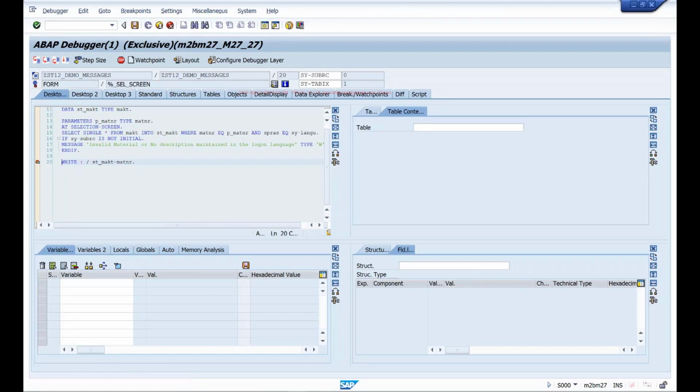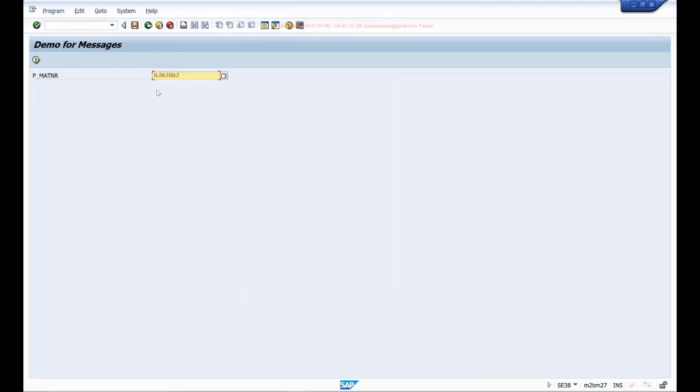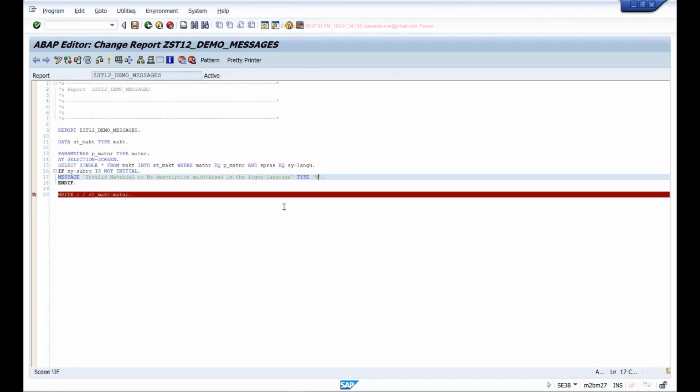So wherever you cannot continue with your program execution unless the error is corrected, go with error message. But if your program execution is not dependent on that error, then you can simply display a warning message, because if you feel it may lead to some other issues later. Okay. So the program execution continues. Now, informative message, type I.